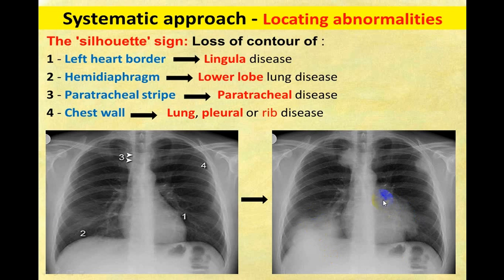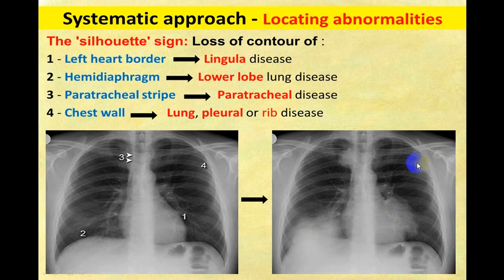Same way, if I see the left cardiac margin, I cannot make it out, but there is a small margin I can make out here. I can see this left atrial margin. So there is something happening in the left side lingular lobe, this lingular area. So this is consolidation in a lingular lobe. This is a consolidation in a right lower lobe, because you can see the air bronchogram.